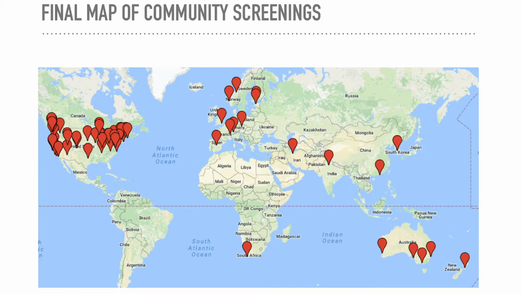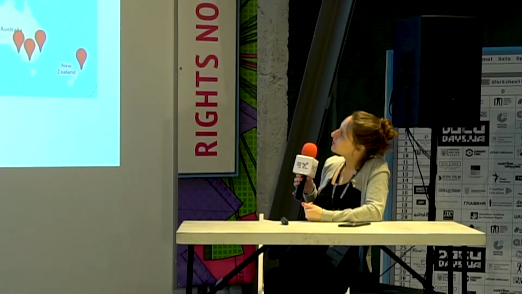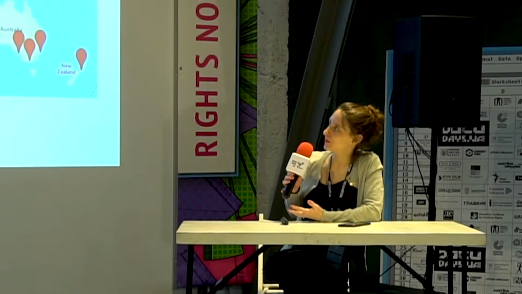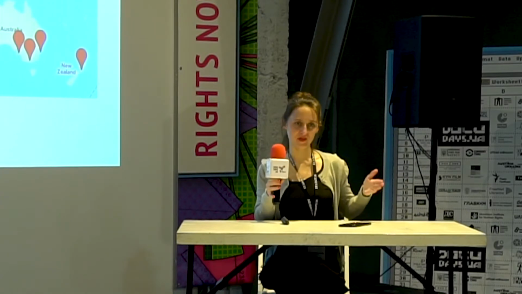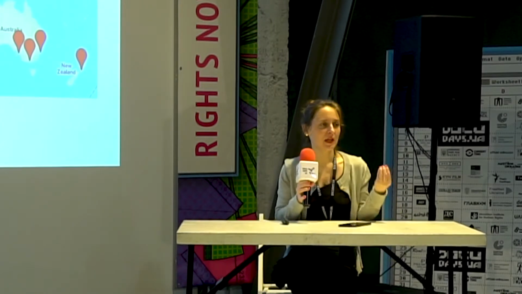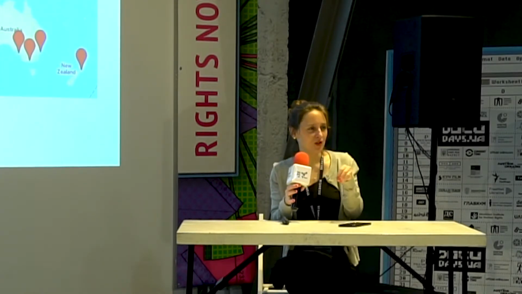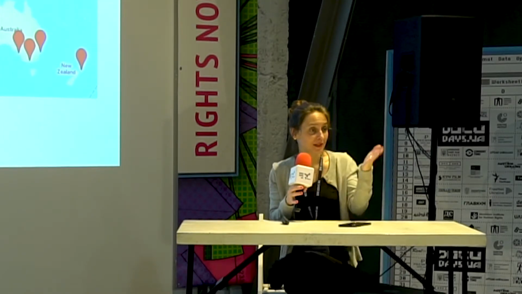So ultimately, this was our final map of community screenings as of last year. We can add the Ukraine now to the map, and there've been another dozens of additional screenings after this. But this was essentially after the 5 months of the very concentrated campaign, which brings me to an important point. If you're trying to create a grassroots campaign, you do typically want there to be one period where there's very concentrated activity, so that there's a sense of urgency, a sense of focus, that you can really bring people's attention to the film when it's new, when it's coming out across different platforms.